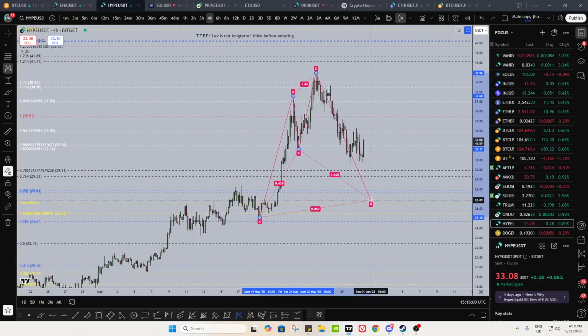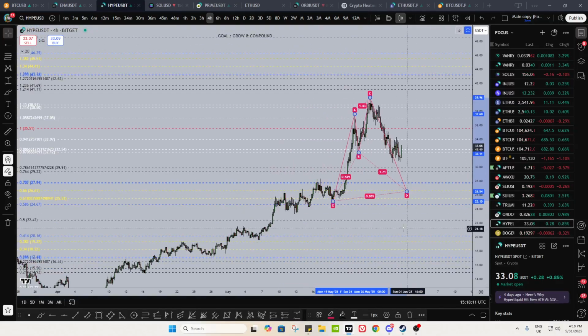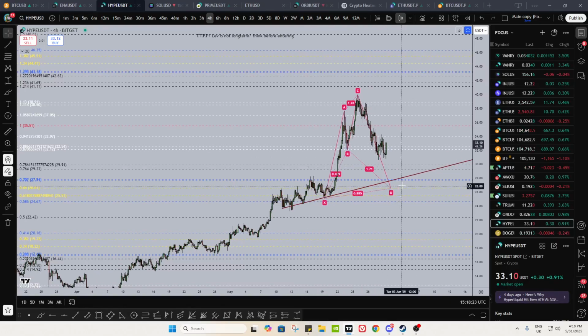886 here. This would be a nice entry on Hype if we got it. The trend continuation. All right, 886, somewhere around $26 to $25. You get that region, and if you hold the trend line, you just bid basically, right? Here's your trend line. I'd sort of put it like that, and somewhere around there, that'd be my entry on Hype. I'm just not interested in leveraging this. I'm not interested in buying this at these prices whatsoever.